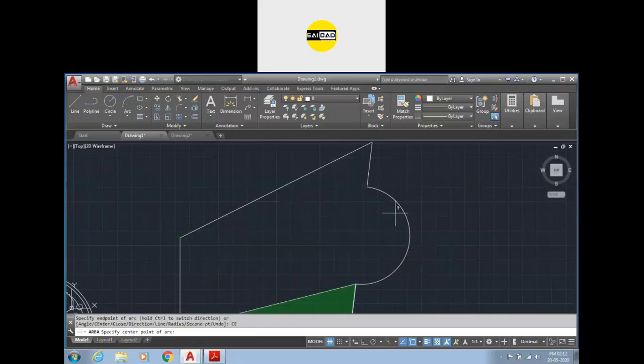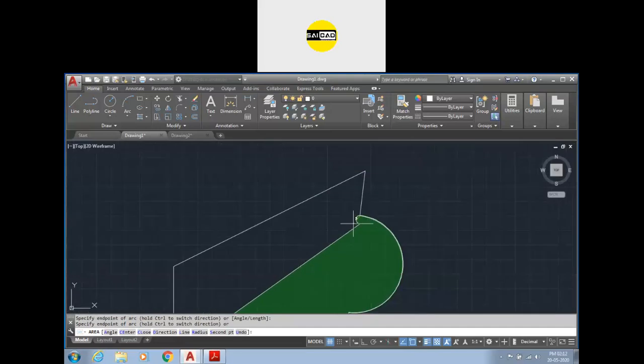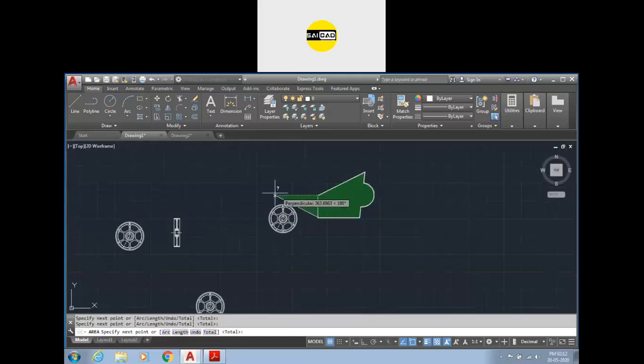Now it will ask for the center. Just select the center. Now you can see the arc will be selected like that. So up to where you want to calculate, I want up to this point. So now this point is selected. Now we need to select the line again. We can just go to the line and select the line and press enter. You will be able to see the area here. Okay, got it?